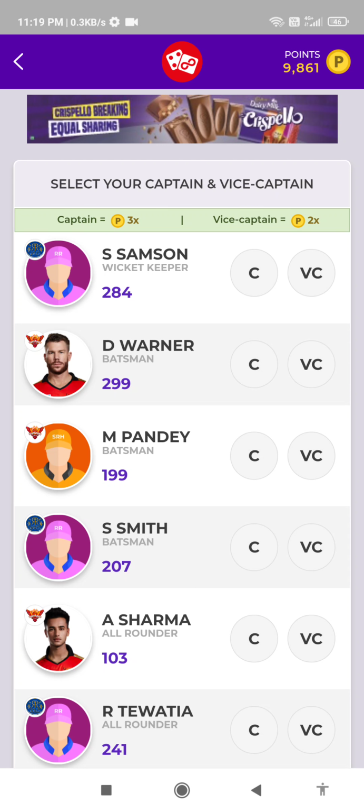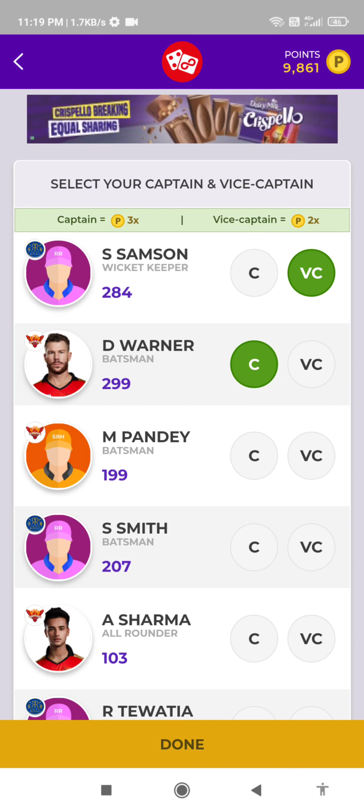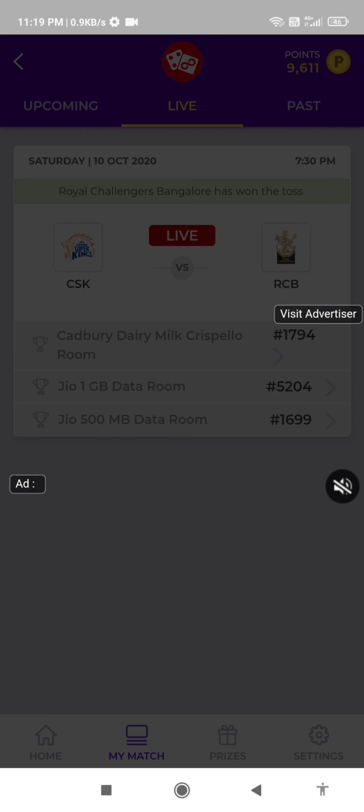And confirm your team and again make your captain. So I am making David Warner captain and Samson vice captain, and confirm this room.